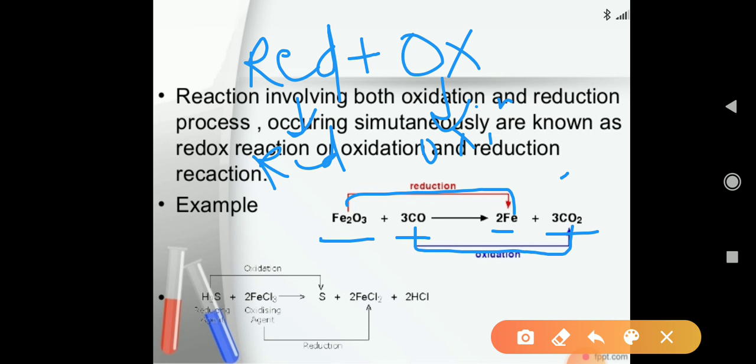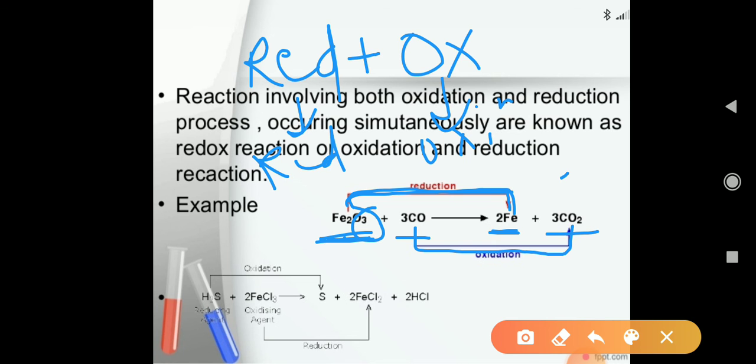Now see this Fe2O3 and it is converted into Fe. So in Fe2O3 there is oxygen, and in Fe there is no oxygen. So here removal of oxygen takes place. Okay, in this reaction, conversion of Fe2O3 into Fe, removal of oxygen takes place, and